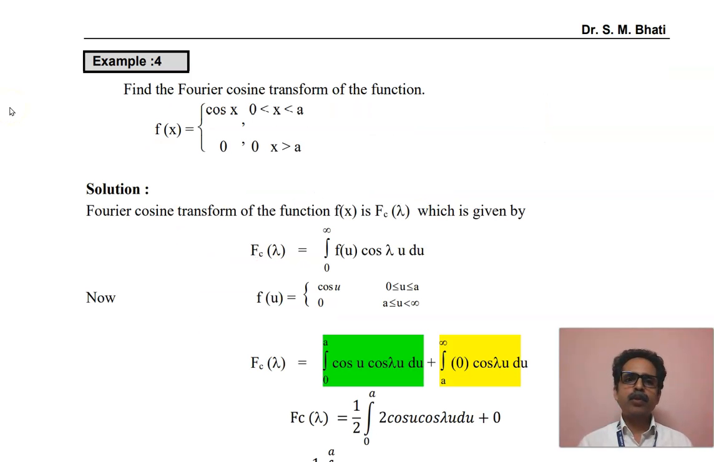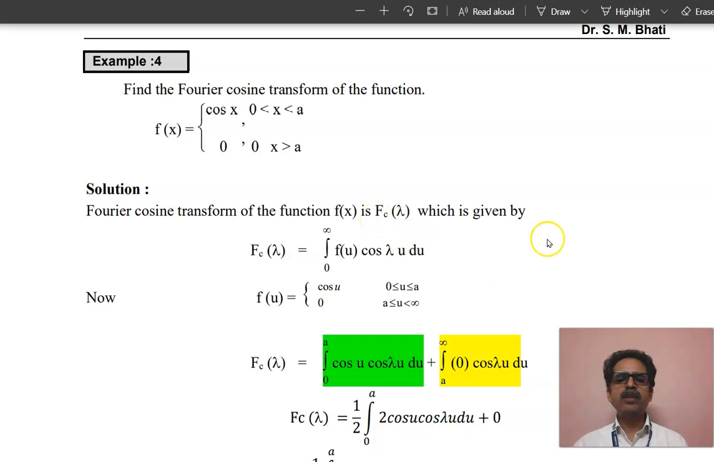Now here is a fourth example. Find the Fourier cosine transform of the function f of x which has two values. One is cos x when x is between 0 and a, and the second value is 0 when x is greater than a. Fine. Now the solution. The Fourier cosine transform of the function f of x is epsilon lambda, and it is given by the formula,